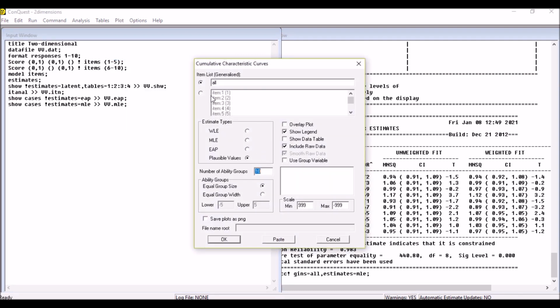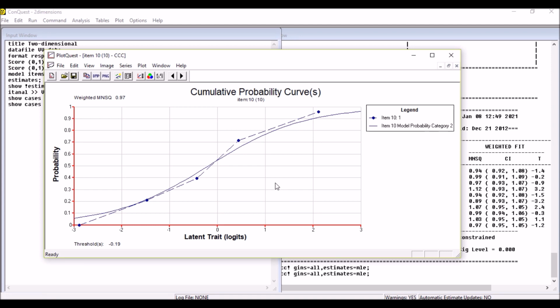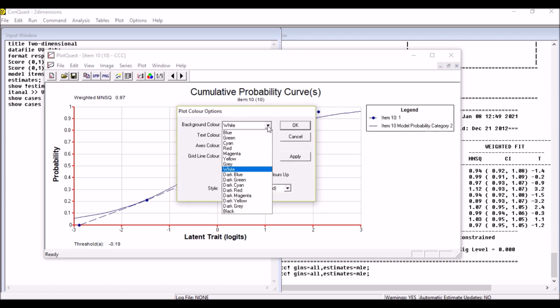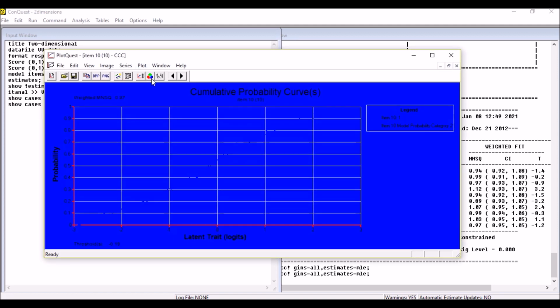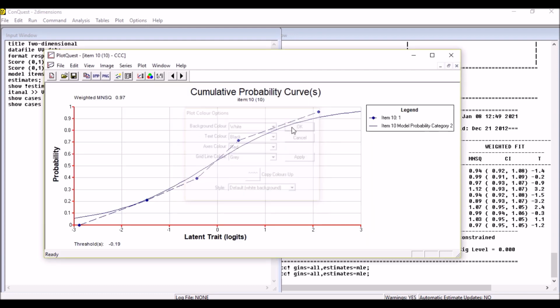cumulative item characteristic curves, again for all items, and again I'm going to use MLE and click OK. There we go. It's basically similar to what I already got. What I would like to add here is that you can save this as a PNG or a BMP, or you can change the color if you like. You can click on this and change the background to, let's say, blue, and you'll get a blue one, but the visibility is not very friendly for the eyes, so I'm going to go back to the menu and choose white again, and there we are,